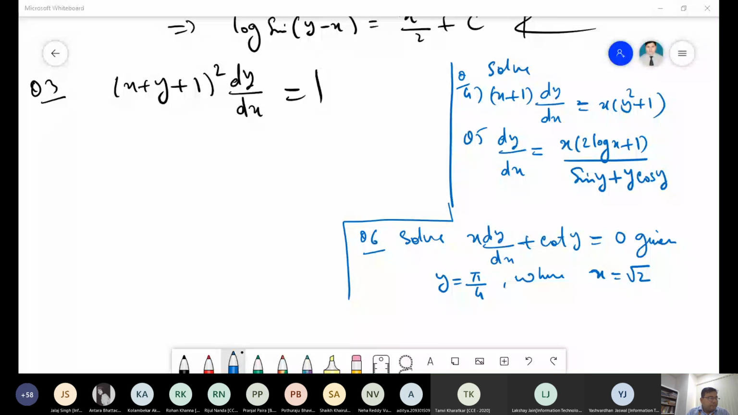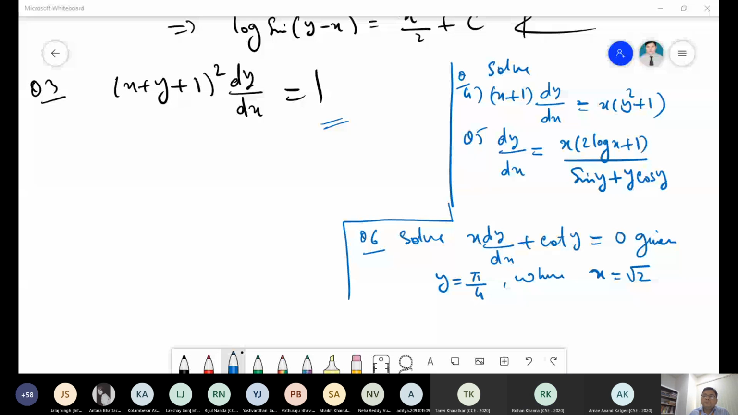Ayush Kumar, what is the solution? Sir, solve it. Okay, because you have raised a hand. Arnav Anand. Sir, the solution is (x plus y plus 1) whole cube by 3 is equal to 2x plus c. No. The question is (x plus y plus 1) whole square divided by dx equal to 1. Let me check the question. So the solution will be x plus y plus 1 minus x plus